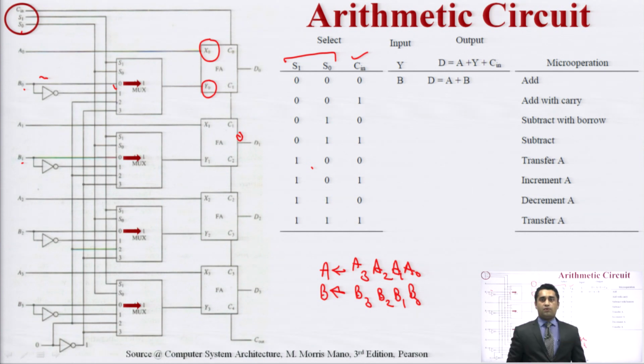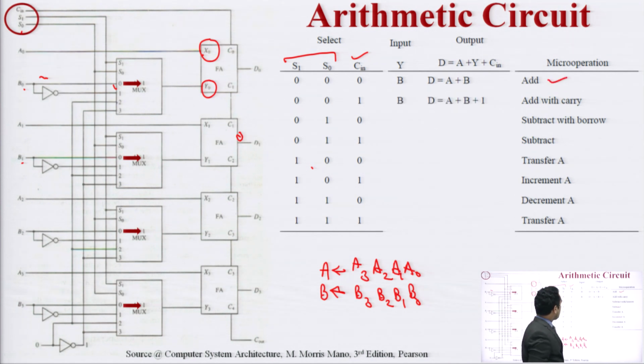So in each number we have 4 bits and each bit is coming to a multiplexer. When we are talking about the first combination 0 0 0, all the multiplexers' 0 line is active and the output is as it is, B0, B1, B2 and B3, and we are taking A0, A1, A2, A3 in this full adder. When the full adder receives the A and B values, it just gives the addition. So the micro operation is named add.